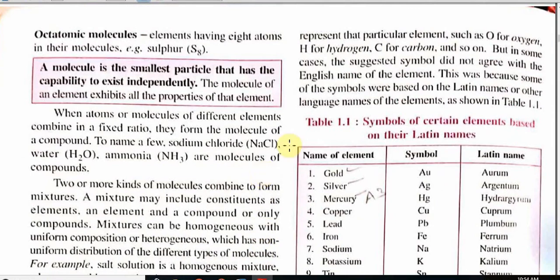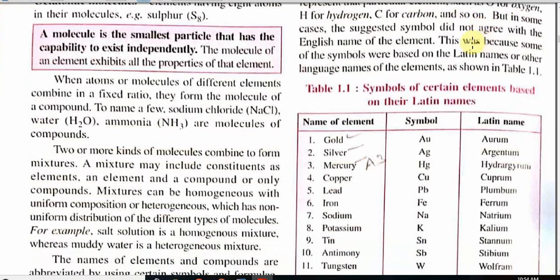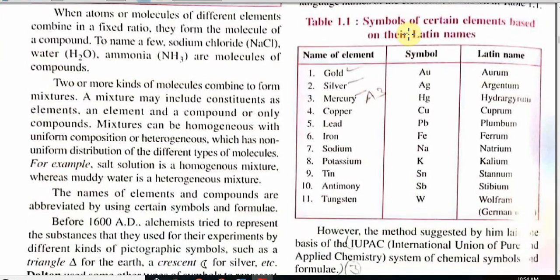Now students, we will go to the right hand side of your screen. Oxygen was represented by O, hydrogen by H, carbon by C. Later on Berzelius developed this system, and in table 1.1 the early system of Berzelius symbols is given. Remember that some symbols also contain Latin terms, like gold having the symbol Au. Why? In Latin it is called aurum.